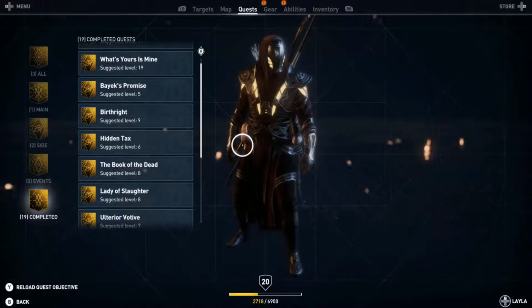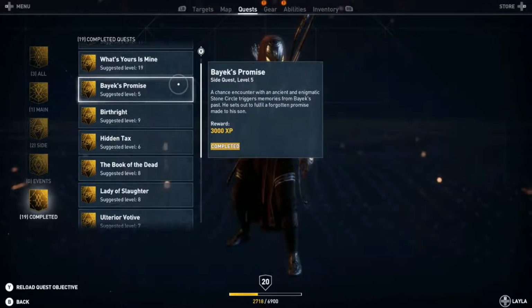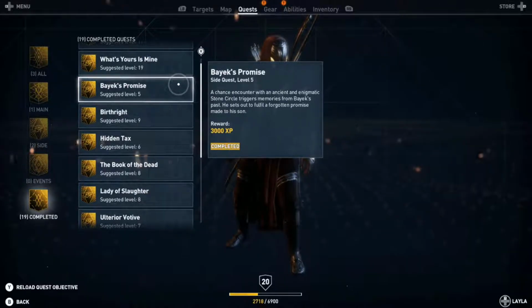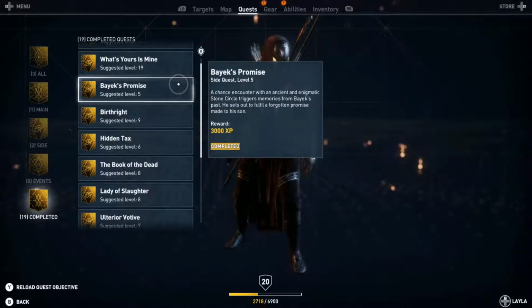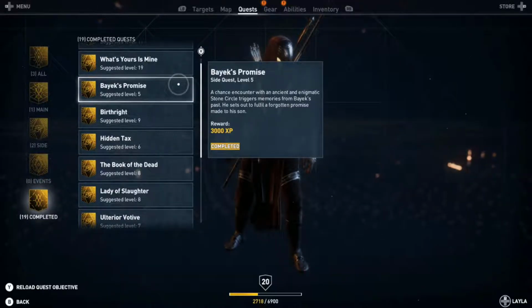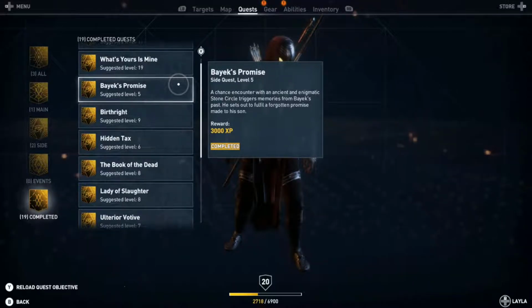Now you get a ton of XP every time you do this, and when you complete it, you get 3,000 XP. The reason why you want to do both of these, clearing the tombs and doing Bayek's Promise, is because they're usually right around the same location. If we go to the map here,